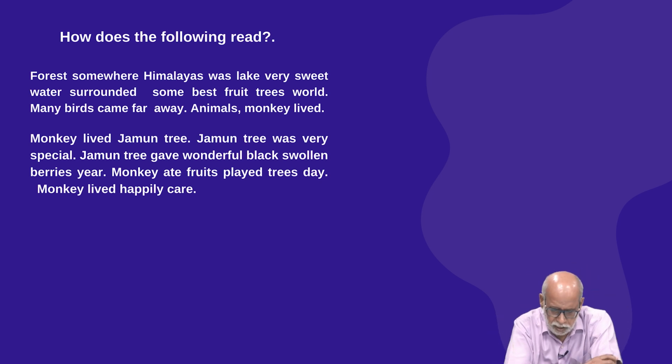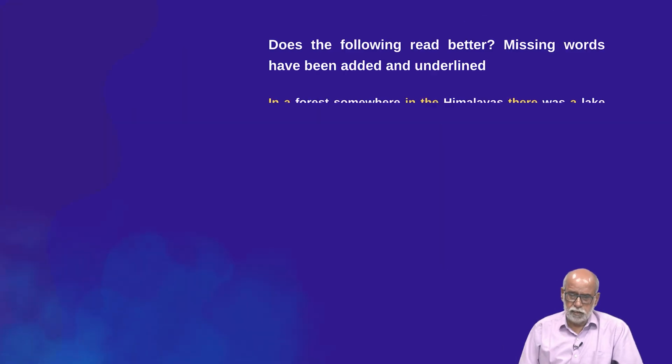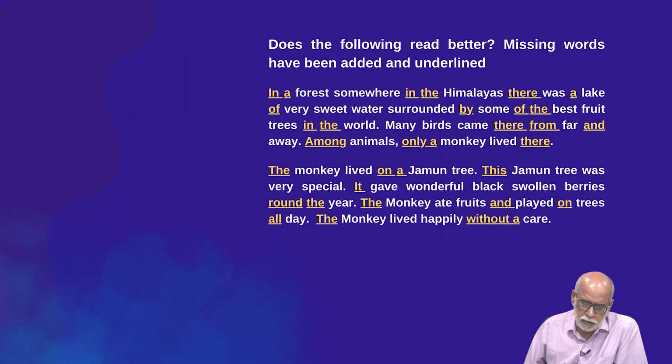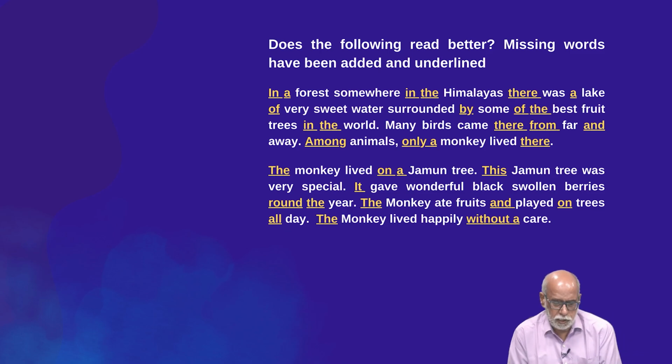You can try and rewrite them using the missing words, grammars, articles, prepositions that are missing here. Okay? And you can also do the same thing on any other text and then see. Let us see here. The second paragraph, the monkey lived. We are talking about a particular monkey. So, in English language, we simply cannot say monkey. We will either have to say monkeys or a monkey or the monkey.